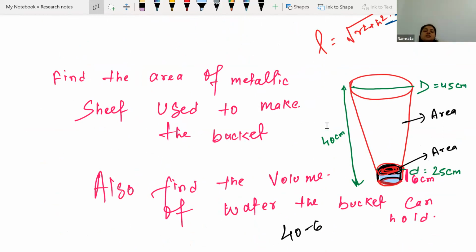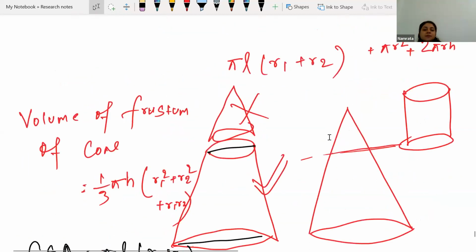Now the next part is asking to find the volume of the water in the bucket. So if you are thinking about the volume, forget about the cylinder and all. We are just focusing on this frustum of a cone because the cylinder will not occupy anything. Okay, it is just for the showpiece. It is just to keep the bucket on the ground firmly. Okay, so